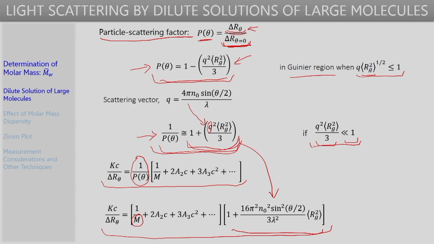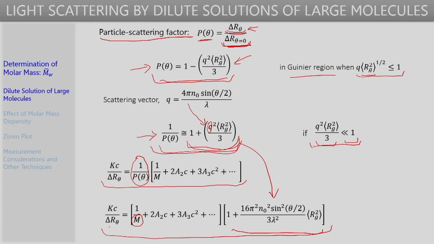Now, let us see, in the case of a polymer solution where molar mass dispersity will almost always be there, how this expression changes. We will see that the expression does not change in form. The only change is that this M, the unique molar mass, gets replaced by the weighted average molar mass. In the next few slides we will see how the effect of molar mass dispersity can be accounted for.